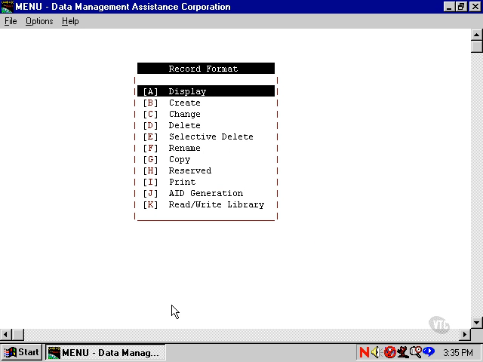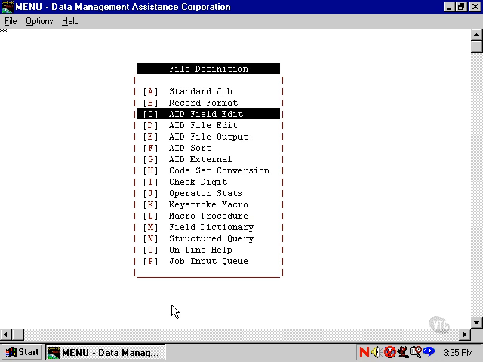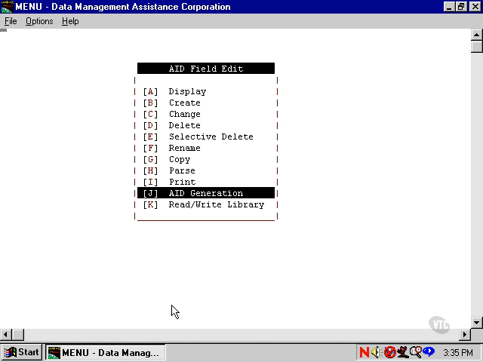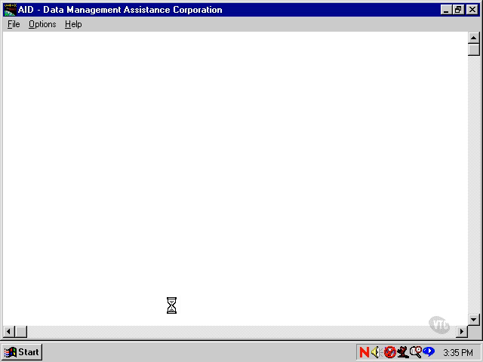Now to the field edit program definition. Press Help, C for field edit. Are we going to use create? Nope. Let's look at item J. DMAC has a generator for a field edit too. Let's use it to save us some time. When we choose it,